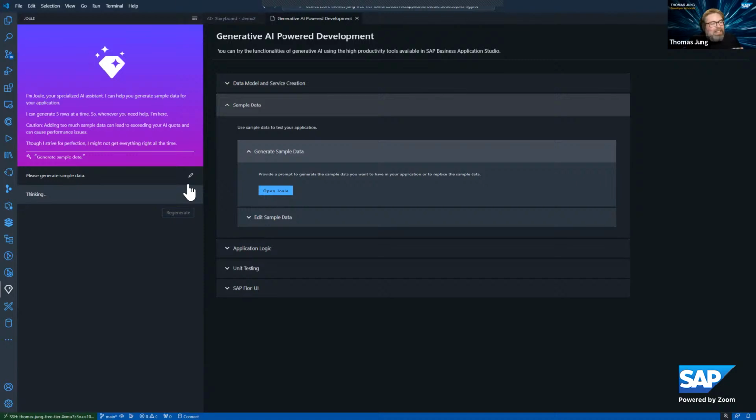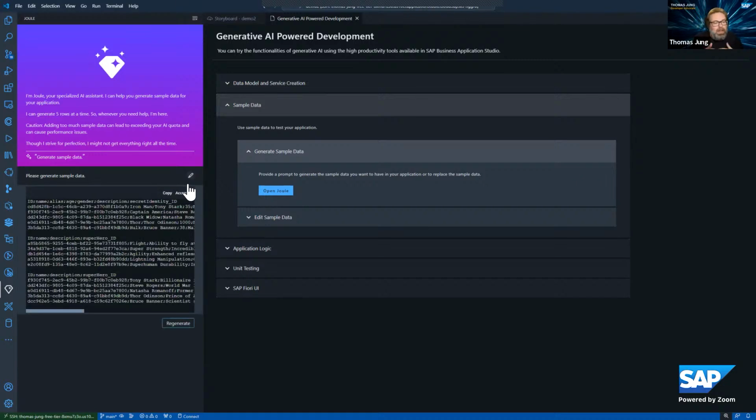But I did notice this takes slightly longer, and I think it's because exactly what you're going to see here is not only did it generate good sample data for my scenario, superheroes, but it correctly correlates both the secret identities and the superpowers to the particular superhero. For instance, Captain America, his superpower is super strength, or Black Widow, or let's say here, Thor, it's lightning manipulation, right?